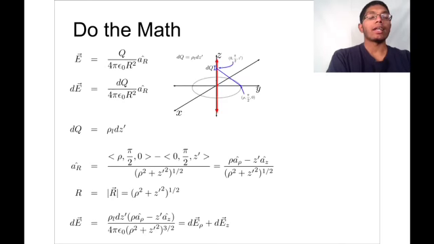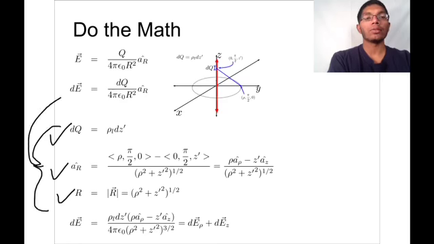and a hat r is just the r vector over here divided by r, the magnitude. So now we have r, we have a hat r, and we have dq. If we plug all of these into our dE, well, we will get this value over here. This statement, rather. And we can see that this looks kind of messy over here, but all that is really